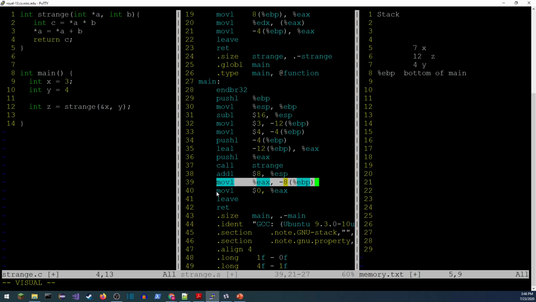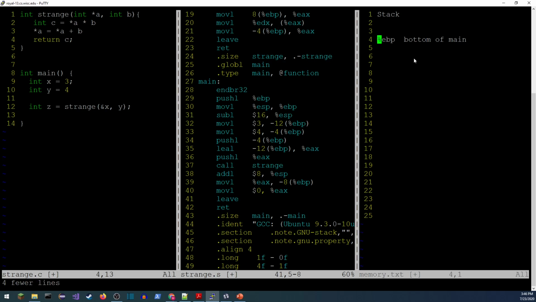And then just to wrap up, we're going to store 0 in EAX. Leave will actually take the stack pointer, which is right here, because we reserved 16 bytes. There's 4, 8, 12, 16. It's going to take the stack pointer and point it back down to EBP. So that's going to clear out all of those. And then return will pop the base pointer off for us. And wait, leave also does the pop of the base pointer. Return will make the jump back to wherever the operating system left off.